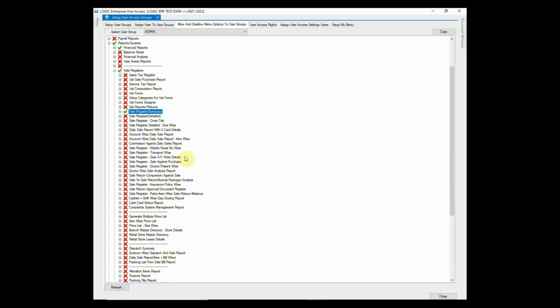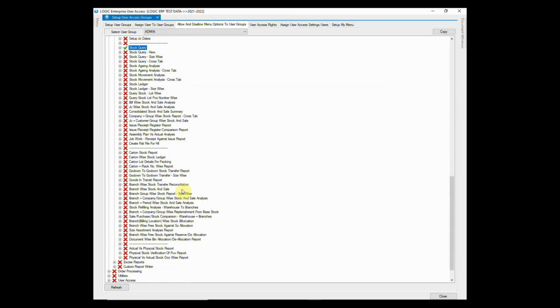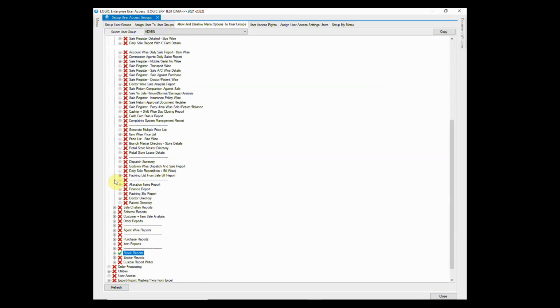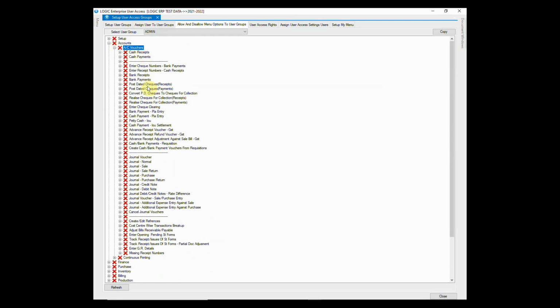Simply right-click on the report and click on Enable to grant access to that report. You can give access to as many reports as you want. Let us also give the right to create some vouchers to the admin group. The explanation of all these options has been done in the previous video.